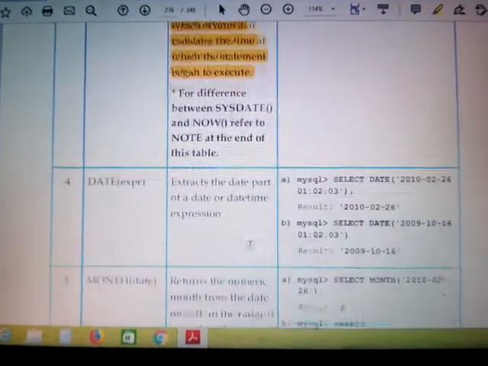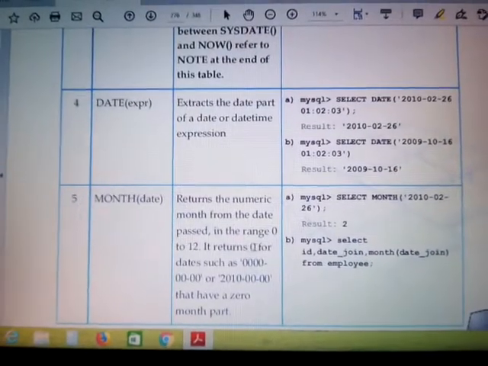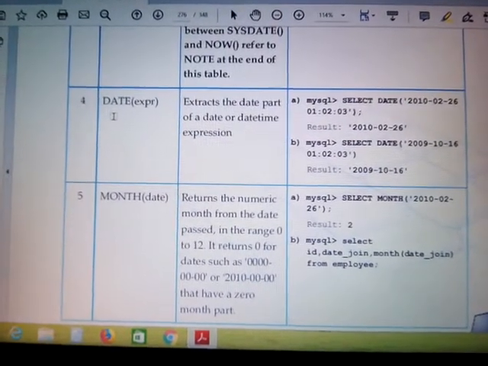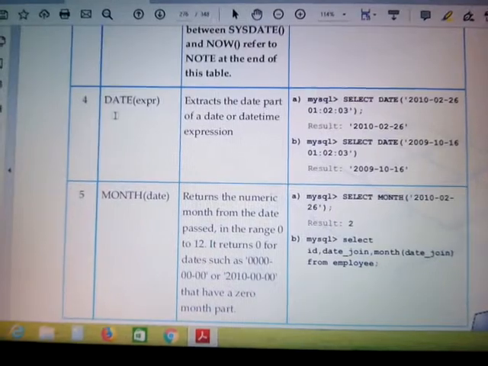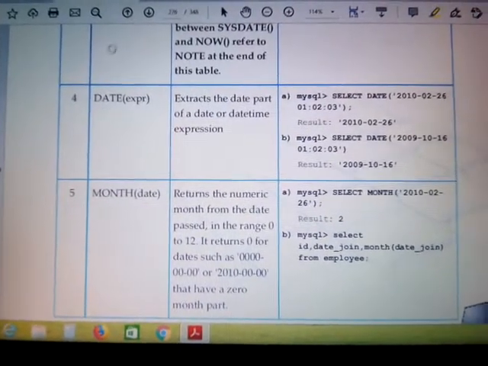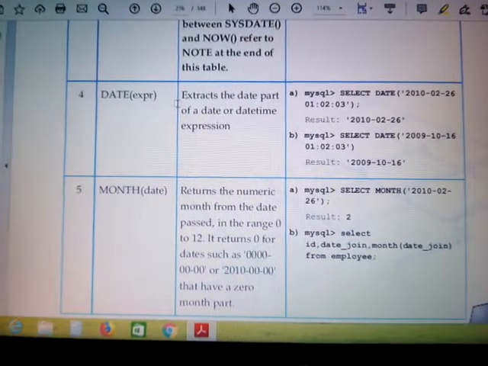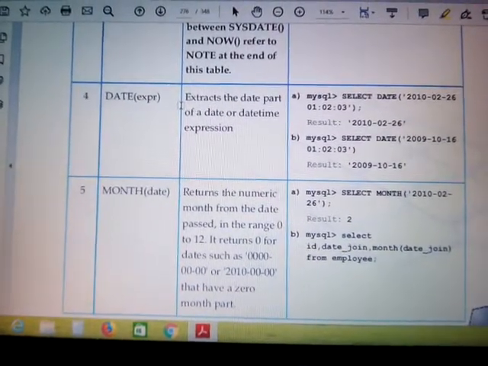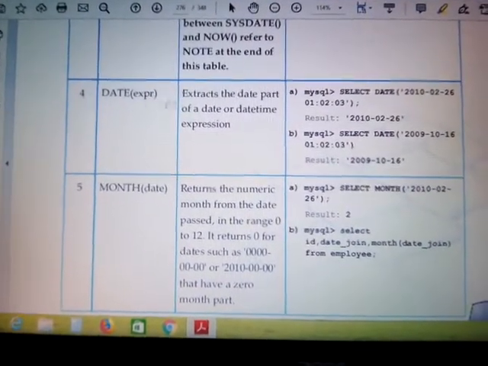Okay. Next is the DATE function. A date, as we know very well, is in year, month and date format. If you particularly want the date part out of a date and time expression, we will make use of this DATE function.